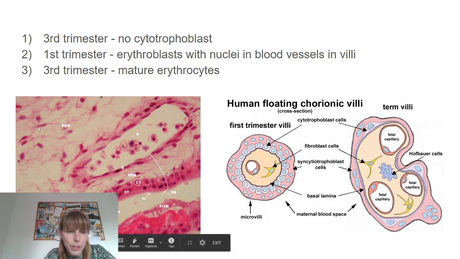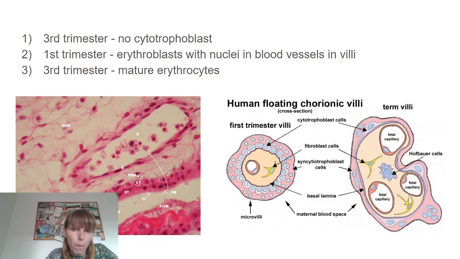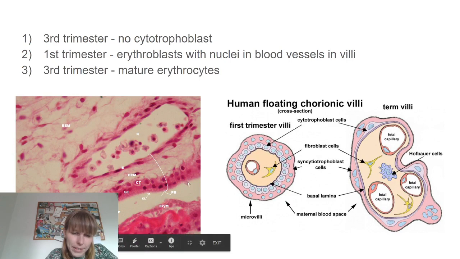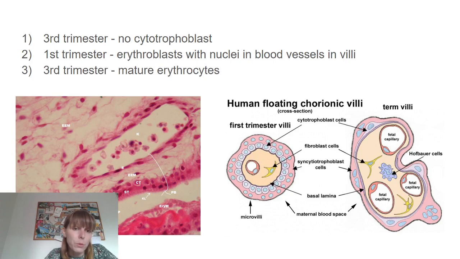So this could be, or this is, a picture of a villus from the first trimester. So this is the extraembryonic mesoderm, the loose tissue inside the villus. This is the intervillous space, and this is the wall of the villus. So you see that we have cytotrophoblast, one layer of cells, and syncytiotrophoblast, another layer of fused cells. And so that's one thing that's telling us it's probably first trimester, because we have both of these, cytotrophoblast and